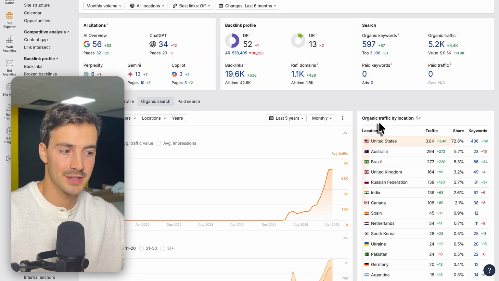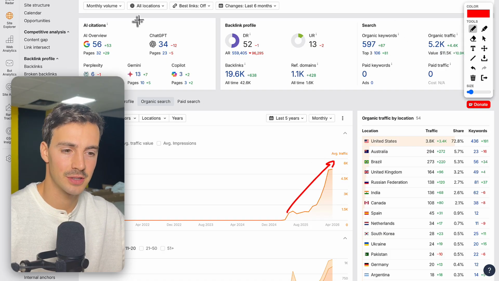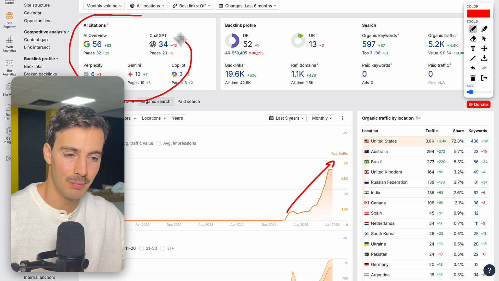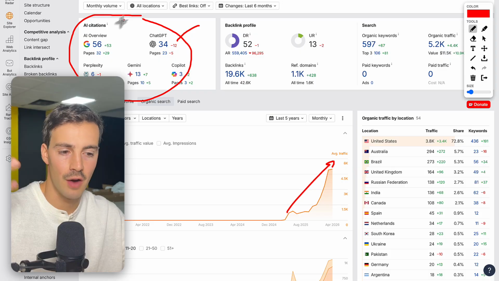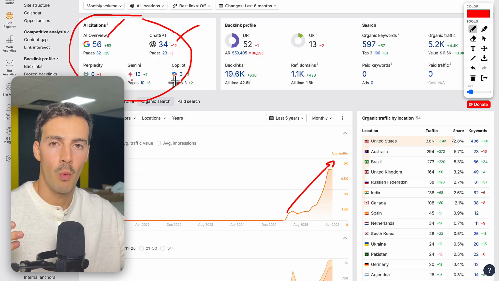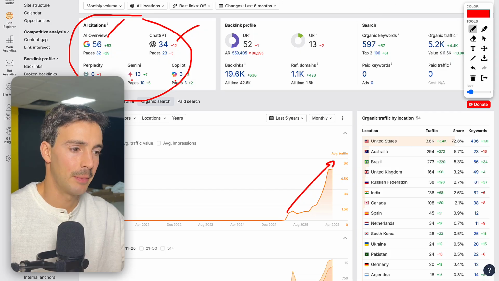I want to give you 5 Framer SEO tips that can help rank your Framer site, not just higher on Google, thus bringing in a bunch more traffic to your site, but also getting your Framer site to be recommended by LLMs. In other words, to show up on ChatGPT, Google's AI reviews, Perplexity, Gemini, Copilot, whenever someone prompts in something into those. So I want to show you that step by step, and let's just jump straight into the